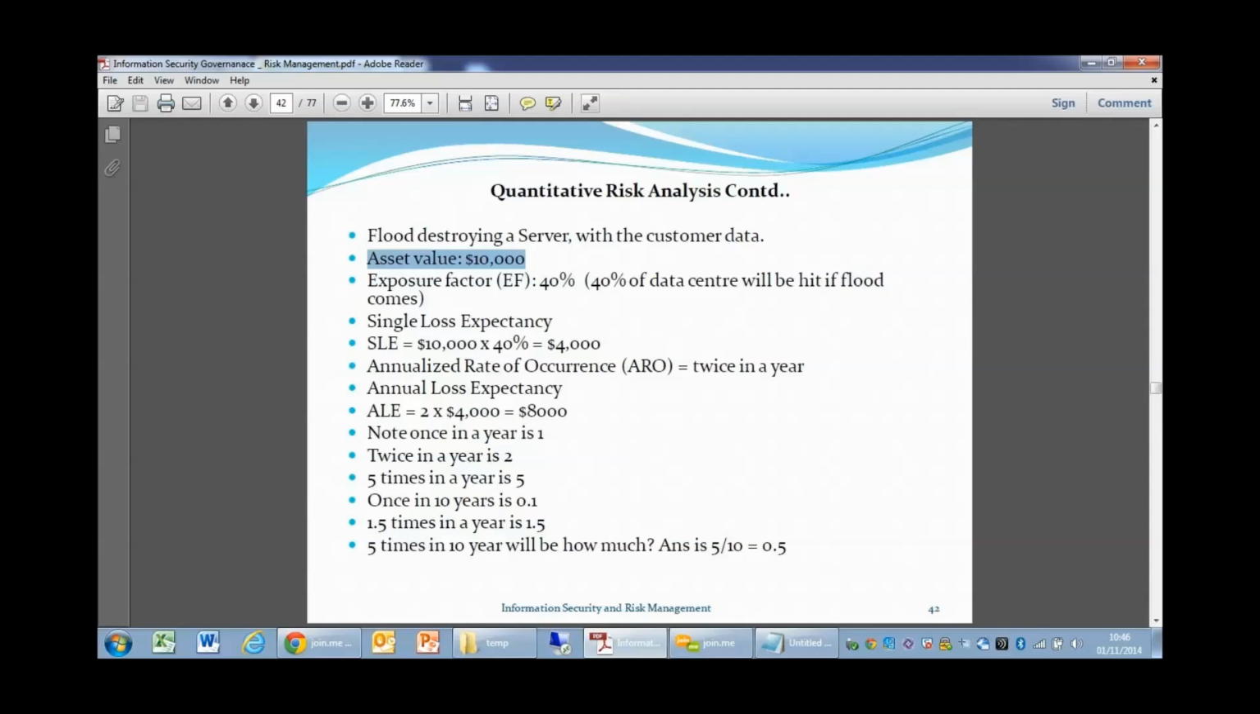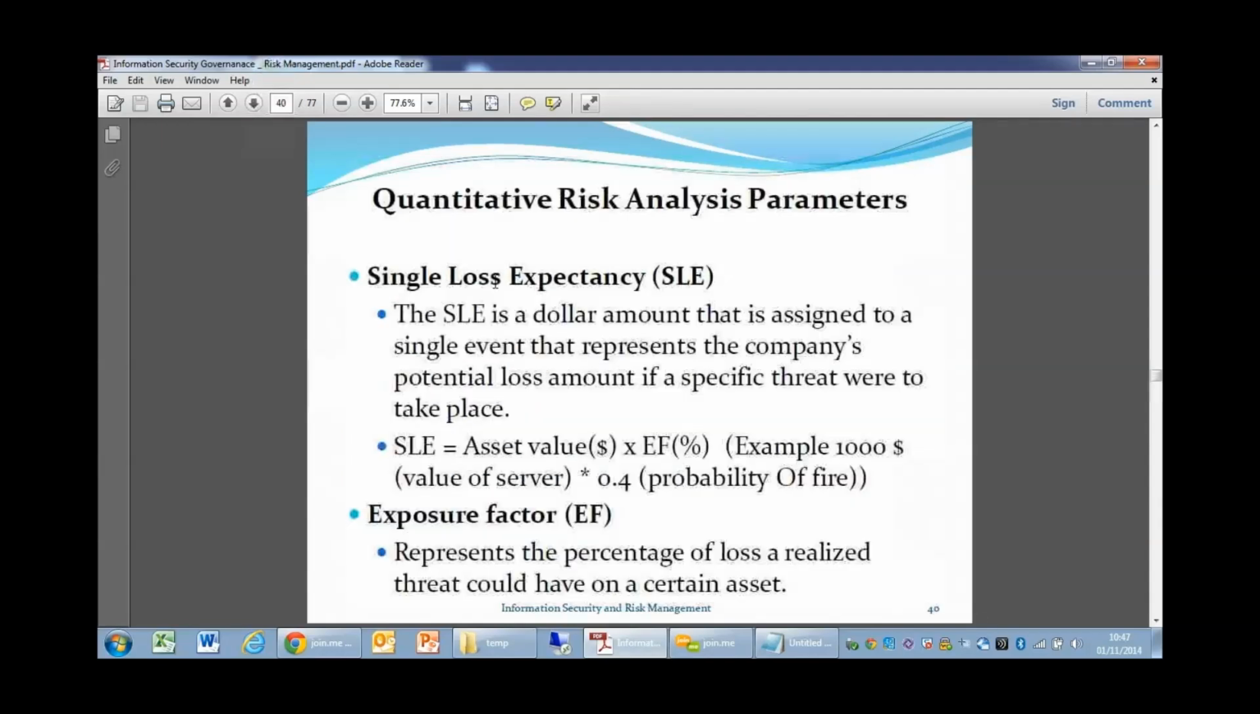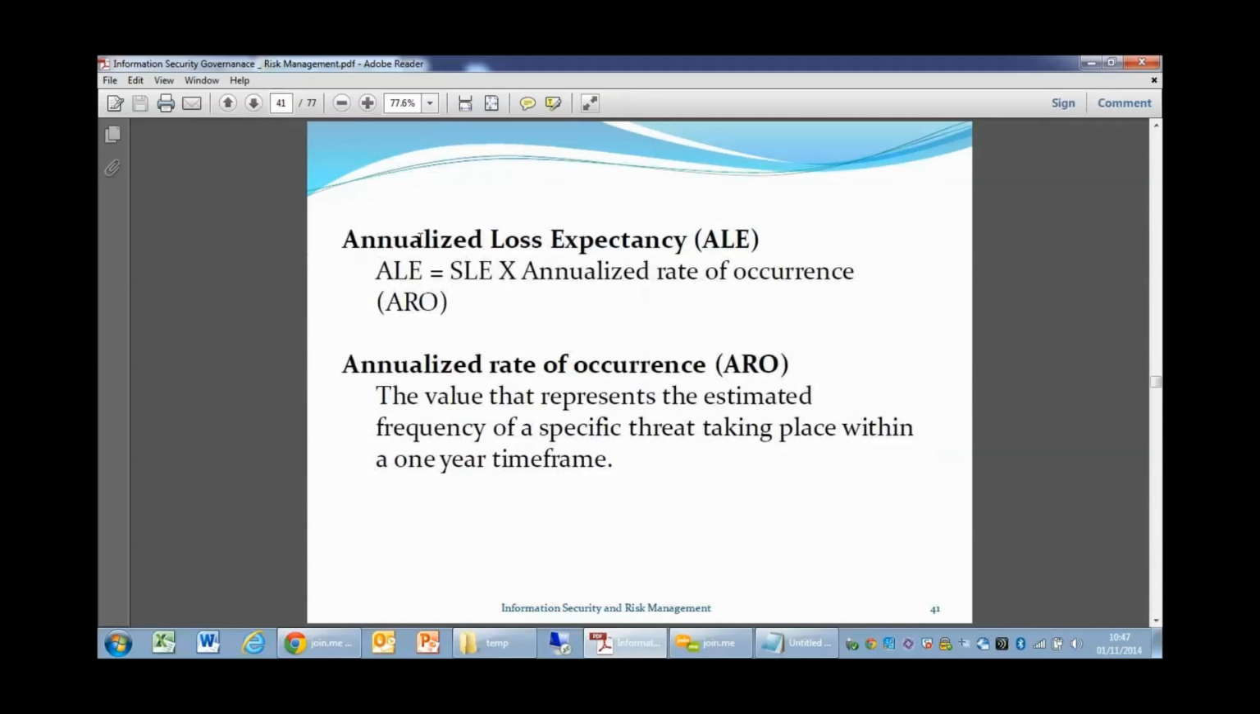That is your single loss expectancy multiplied by annualized rate of occurrence. So this is $8,000, and this is called your annual loss expectancy. So I hope this is clear. Let me just repeat the formulas. Your single loss expectancy is nothing but asset value multiplied by the exposure factor, and your annualized loss expectancy is nothing but your single loss expectancy multiplied by annualized